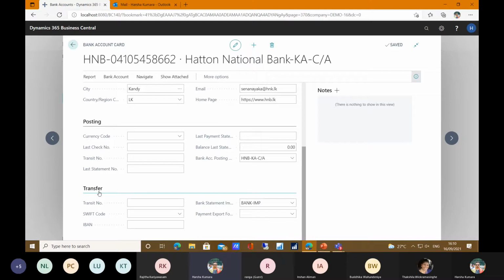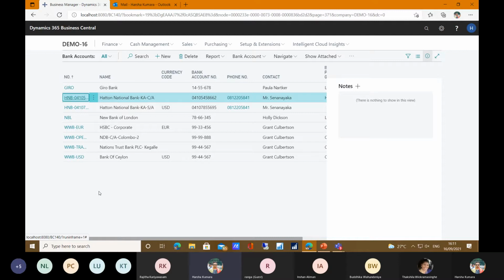And here we can use different formats of the CSV file for different banks, and we can link them with each and every bank account card. Using this link, Navision will trigger your CSV file and update your bank account statement into NAV. Okay. Then I will move to what we call the standard bank reconciliation method. Then I will show you how the standard bank reconciliation method works in Business Central.